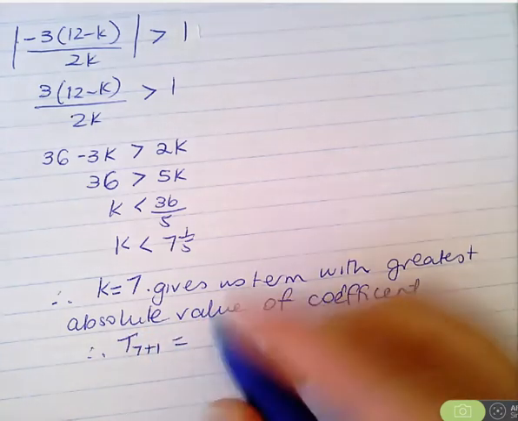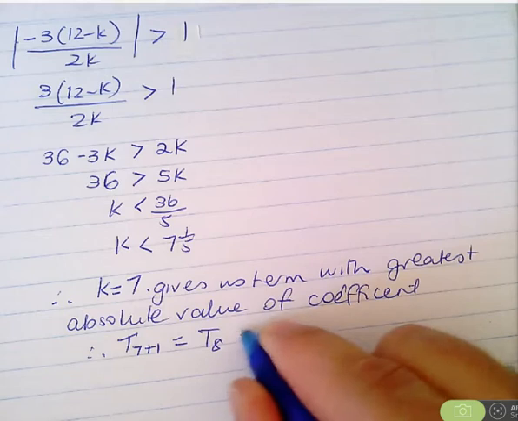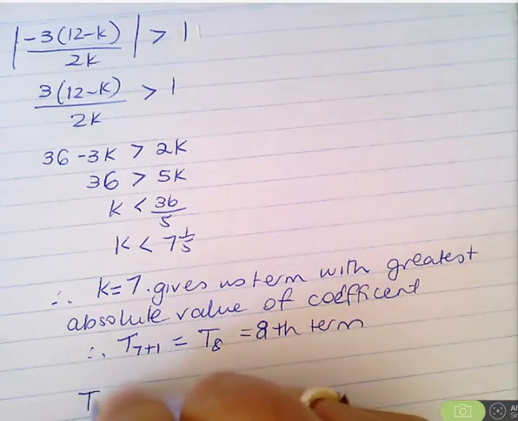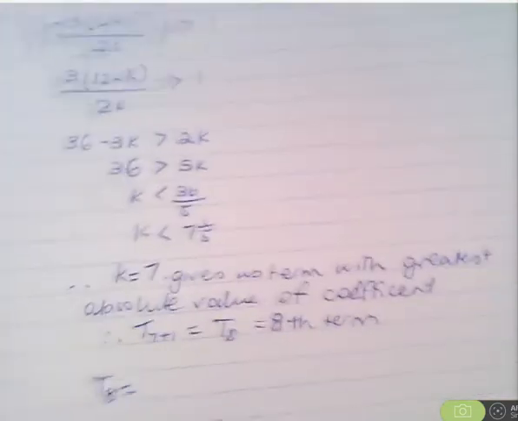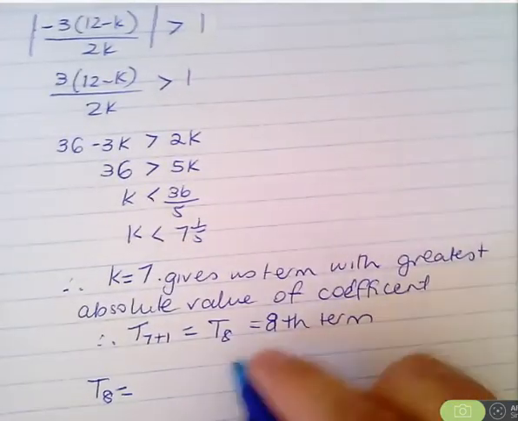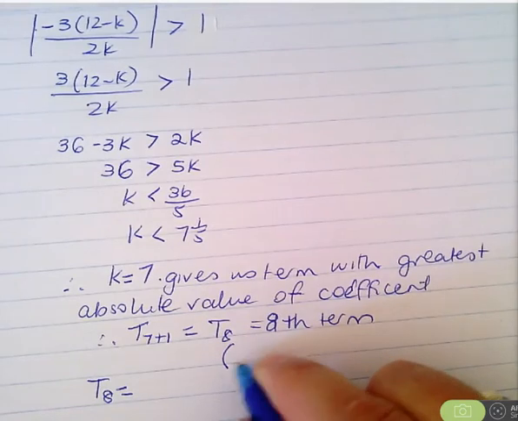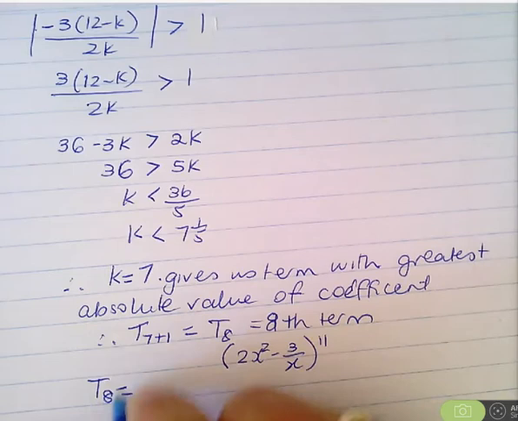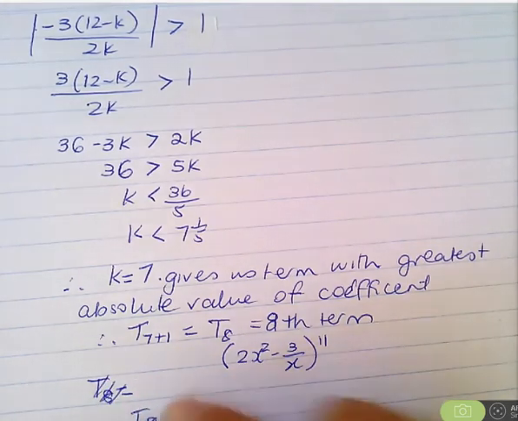Remember, it's t to the k plus 1, so it's the t8, which is the 8th term. So therefore, t8 is going to be, now I'll just write out what my binomial product is. It's 2x squared minus 3 over x to the power of 11. So therefore, the 8th term,